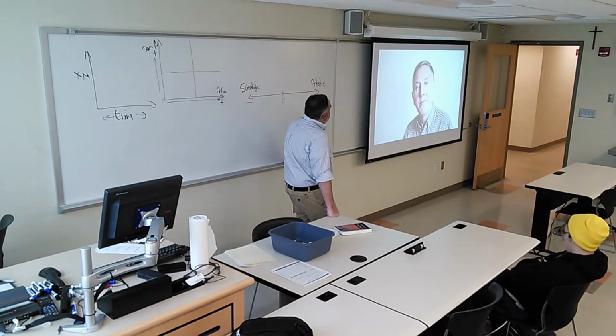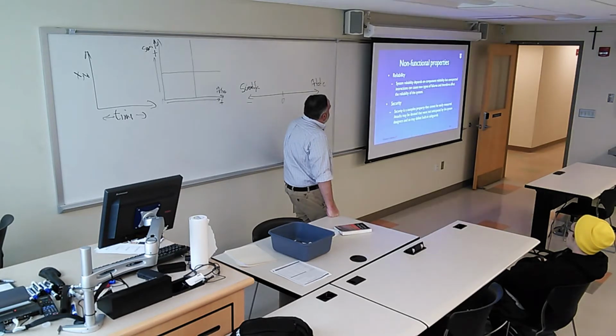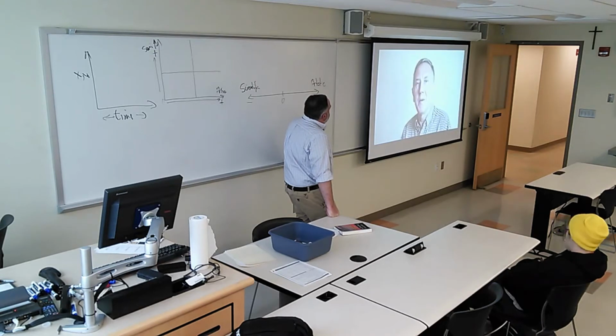The reliability is an emergent property that I'll come on to and look at in a bit more detail shortly. And the security of a system is a complex emergent property. It's very hard to assess and measure security because the attacks that might be made on the system are something which we haven't thought of or which haven't even been devised yet by an attacker.